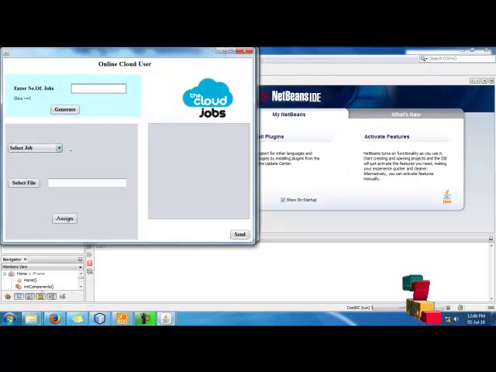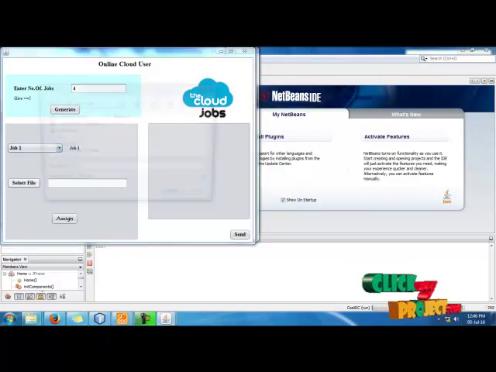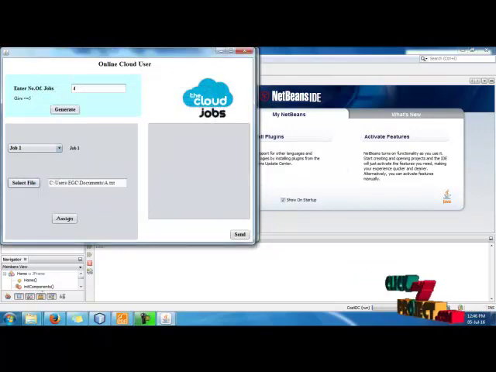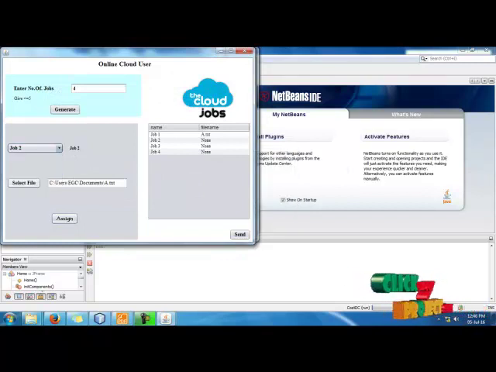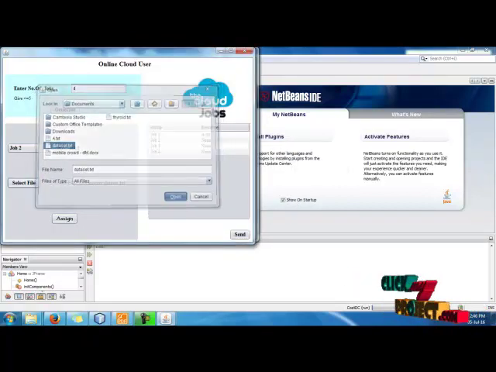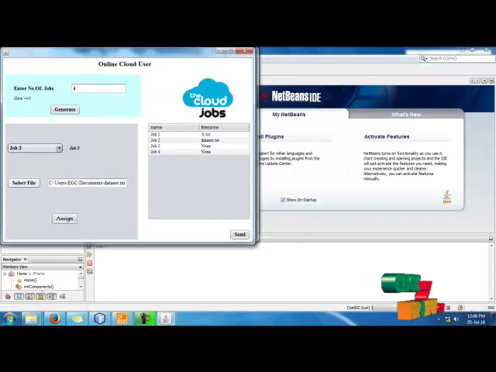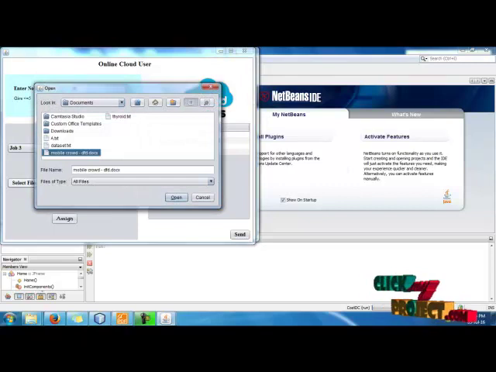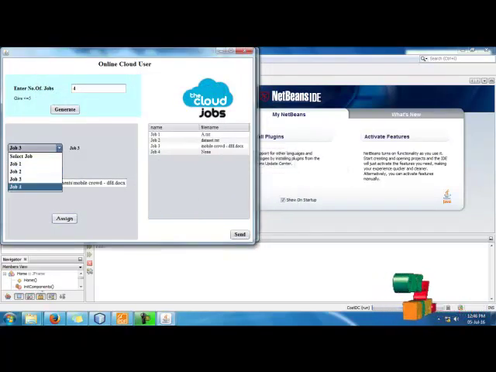Start the process for the online cloud servers. For the online cloud service users, we generate any files, 4 jobs, and assign a file to every job, up to job 4.